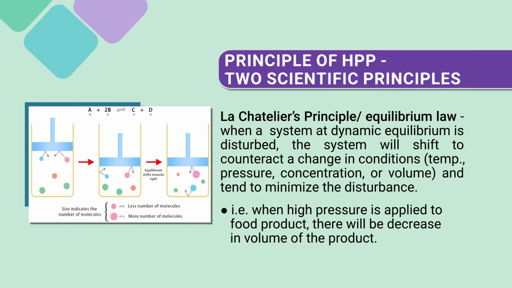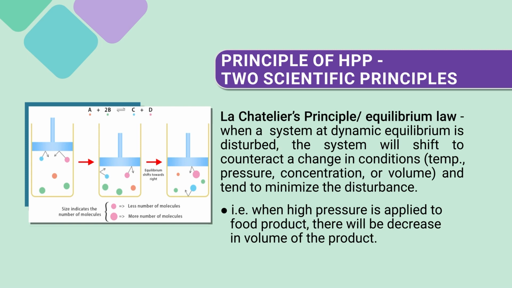Now, how does it work? What are the principles behind it? There are two key principles taken into consideration when we deal with high pressure processing. The first principle is Le Chatelier's principle. What it says is, if you have a food which is packed, and you treat that as a system, the system is at a dynamic equilibrium. If it is disturbed,